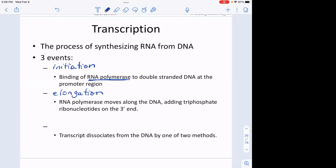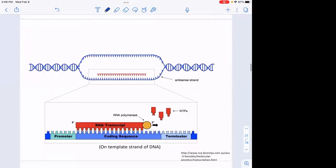Okay, we don't have to spend very much time there, but we're going to break this down further. And then events of termination, how that transcript gets stopped, how it stops making messenger RNA from the DNA. Okay, so it's not just all of the DNA gets transcribed, it's only a piece of it. All right, so let's look a little bit more closely at